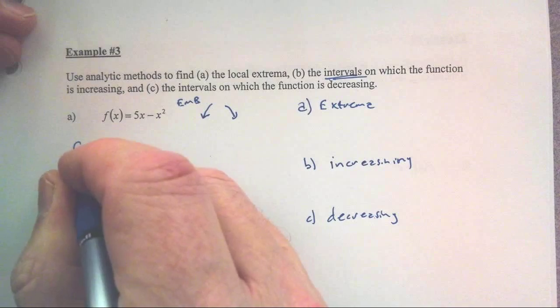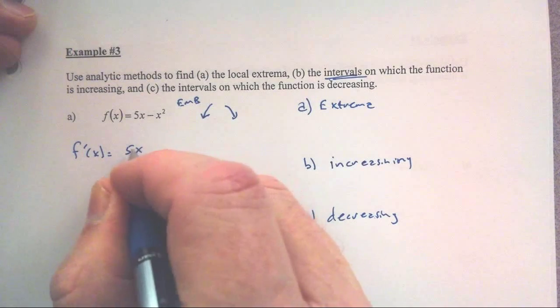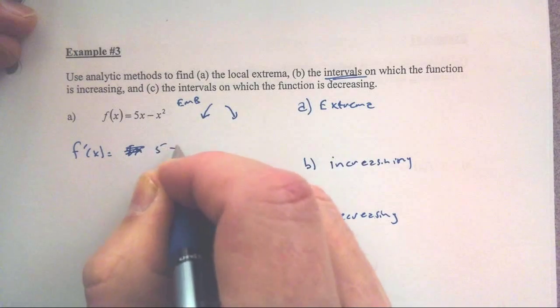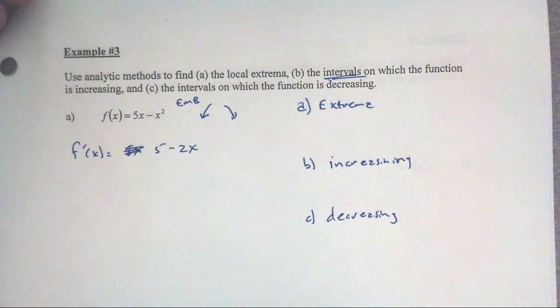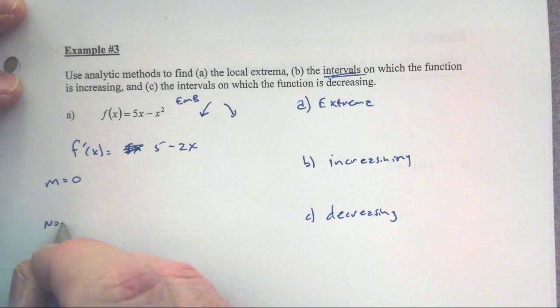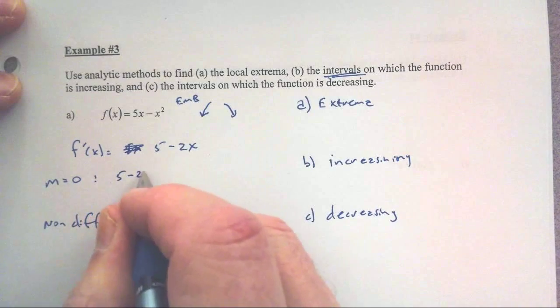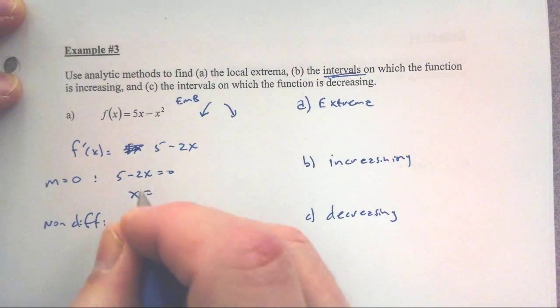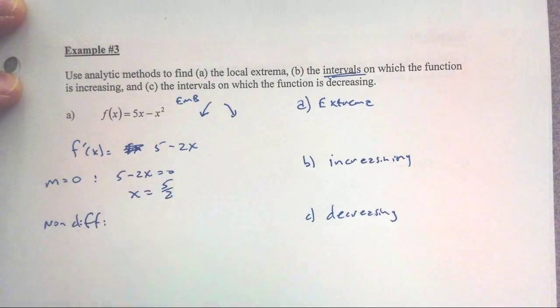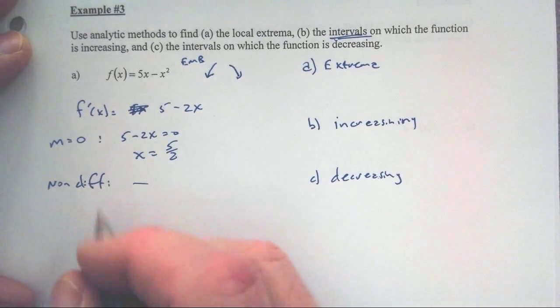So let's find our derivative. F prime of x is 5x. No, it's not. It's 5 minus 2x. And we want to know two things about that for extremes. We want to know when is the slope 0, and we want to know when is it non-differentiable. Well, the slope is 0 when 5 minus 2x equals 0, or when x equals 5 halves. It's always differentiable. So the only value where we can have an extreme is